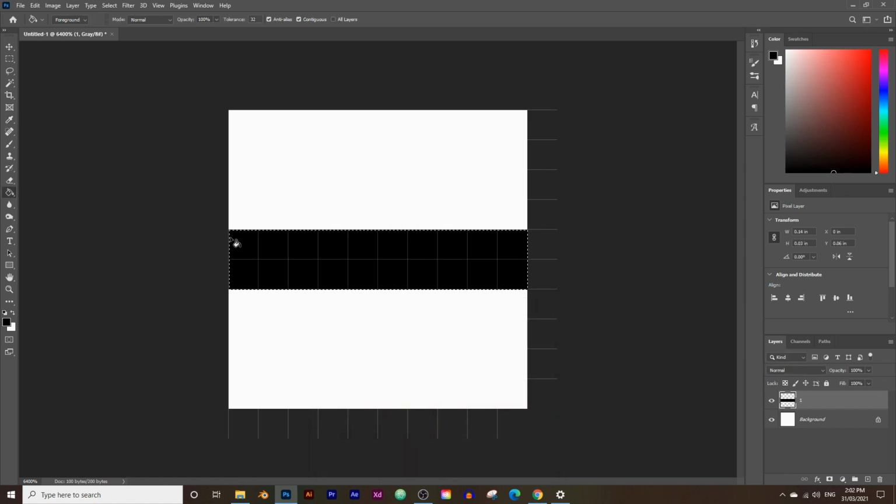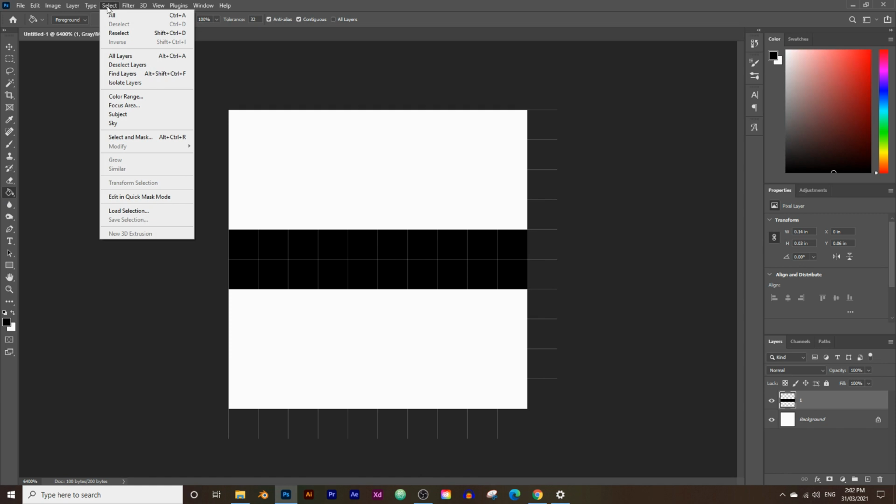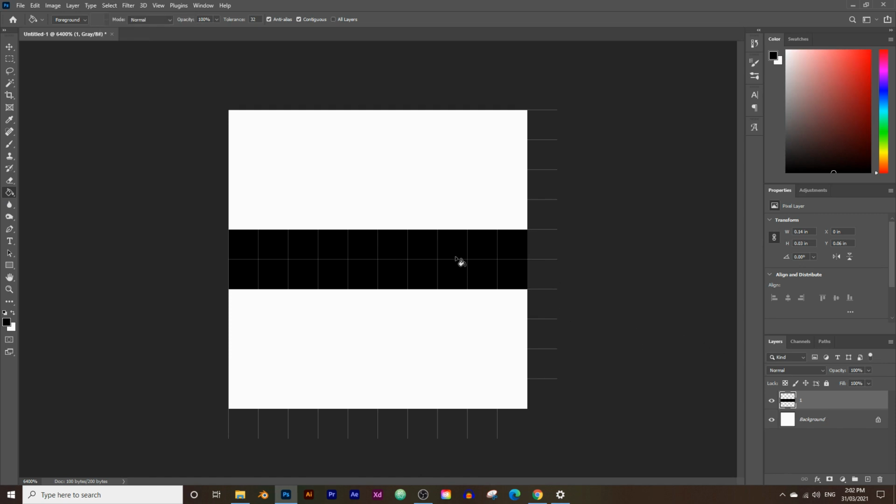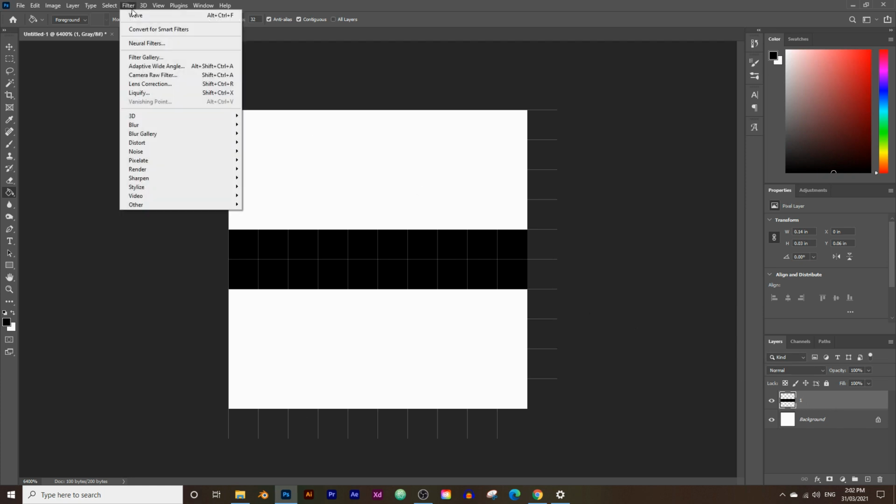Then to deselect the selection, just press Ctrl D or Command D if you're on a Mac, and you can also just go to Select and click on Deselect. So this is the first pattern we're going to create. It's going to be dark in the middle and it's going to get lighter towards the top and the bottom. To create that effect, choose layer 1 and go into Filter, go to Blur and click on